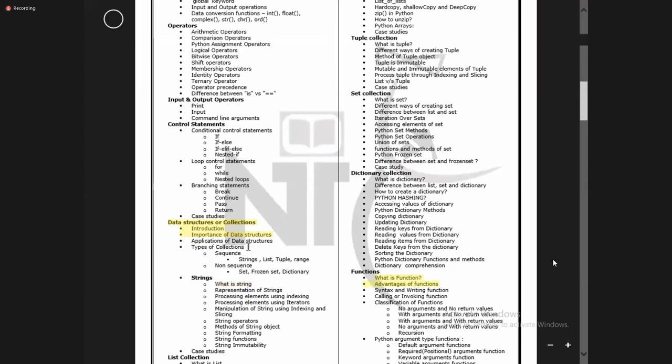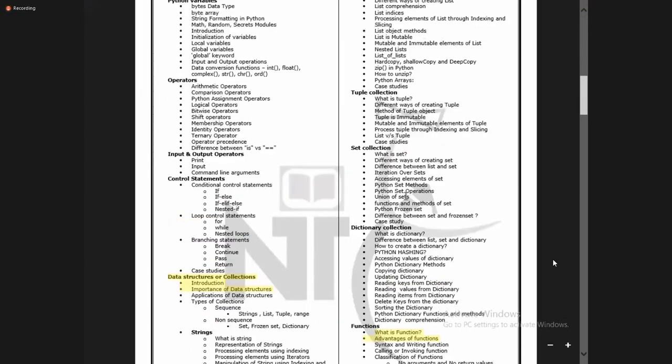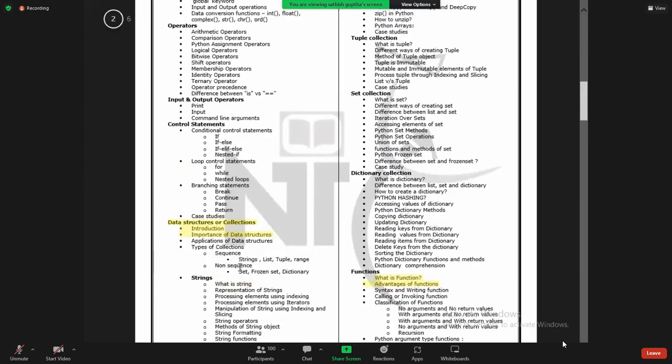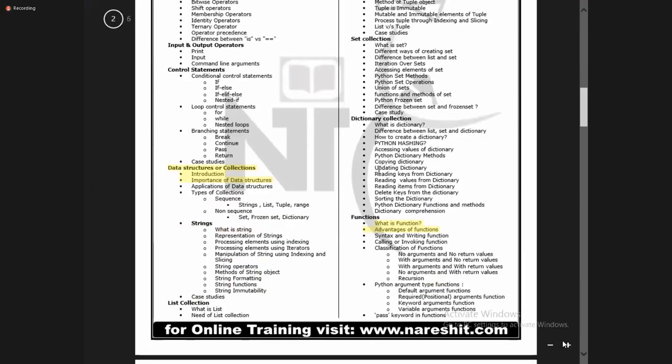Why? Because we already learned, and you have to refresh yourself with all these collections. I said no, data structures and collections are very important. If you are not up to the mark, then try to recollect it or practice it so that you'll get everything. Then we'll implement all the things and